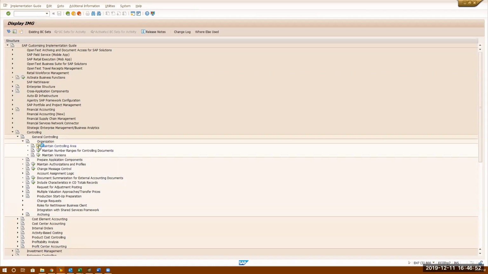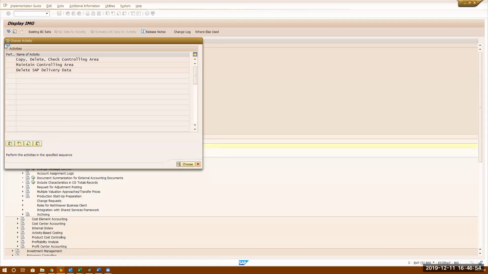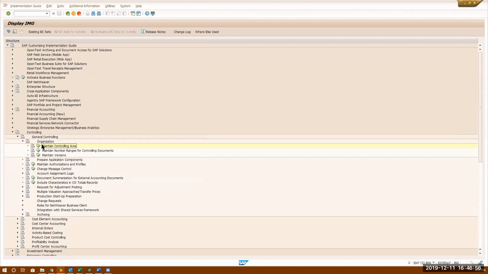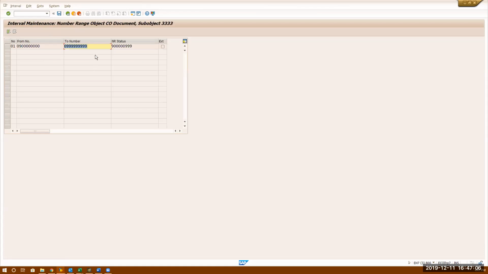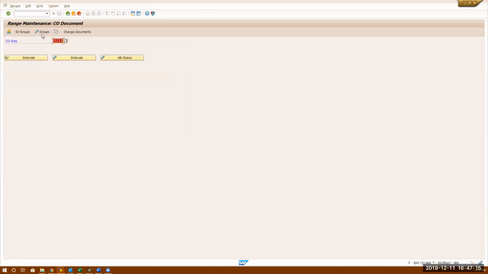Right. So which we already did. The next step is controlling number ranges. Maintain number ranges for controlling area. So 333 is the controlling area I was working on. I can go back and, let's say, change the intervals. So this is the one number range you specified. I already created one number range. If you want to create one, I guess you can